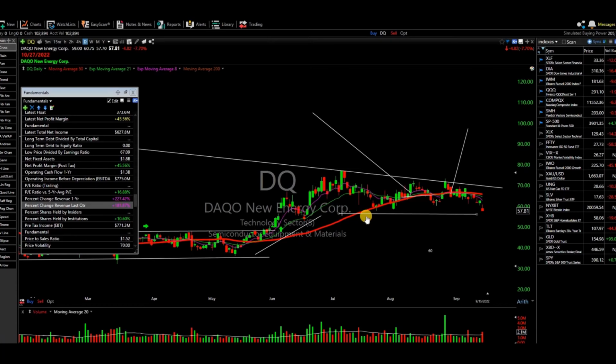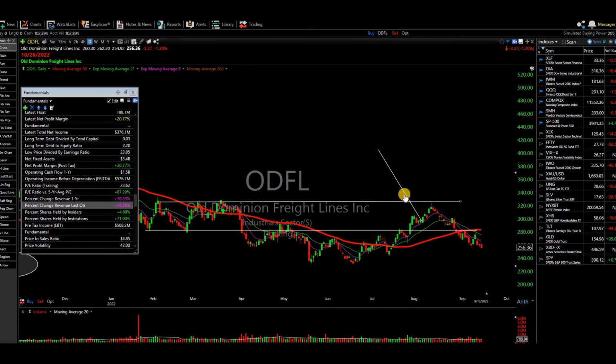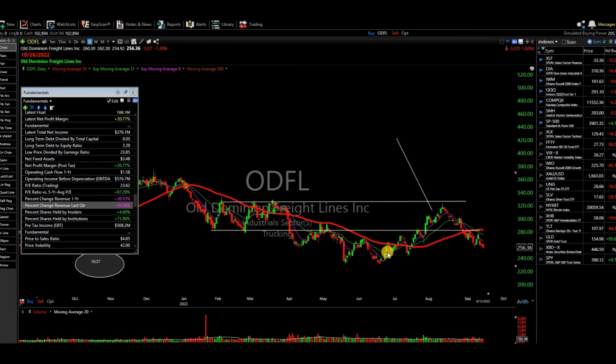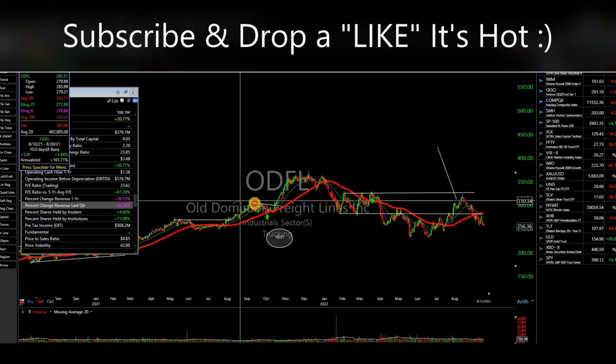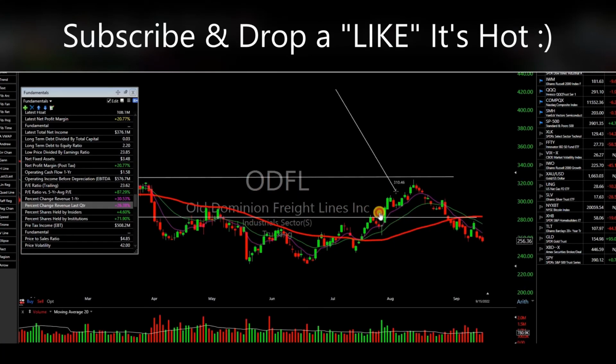The last one I want to share with you is called ODFL. I marked them so I won't forget. I was watching this stock, and I traded this stock back in here in this area. I made good money on it. I missed the good entry, which is here, and I bought it right when it made a new low of the previous high on that 8 moving average.